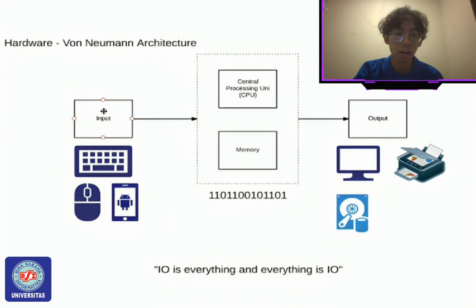To begin with, I want to talk a little bit about the basics of a computer. A computer consists of two major components, the hardware and the software. The hardware, you can think of as anything physical that you can touch. That could be a keyboard, a monitor, a mouse, or the actual physical components inside the computer like the processor, the RAM, and the hard disk drive. Anything physical about the computer we consider hardware.